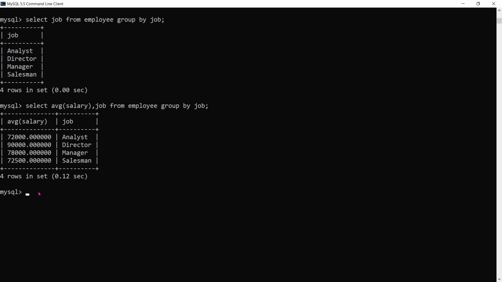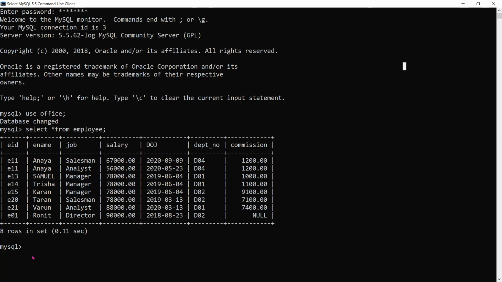Further, what we can do in group by: the next topic is the having clause. Having is a conditional clause that we provide along with group by. Where is also a conditional clause, and having is also a conditional clause we provide along with group by. If a query has a group by clause, then only we can provide a having condition, if on a condition basis we need to fetch the records.